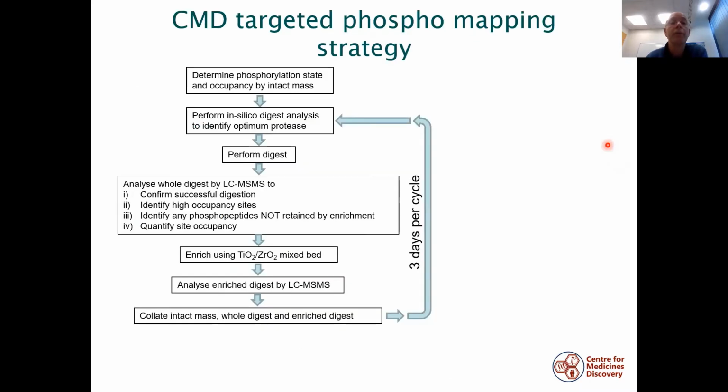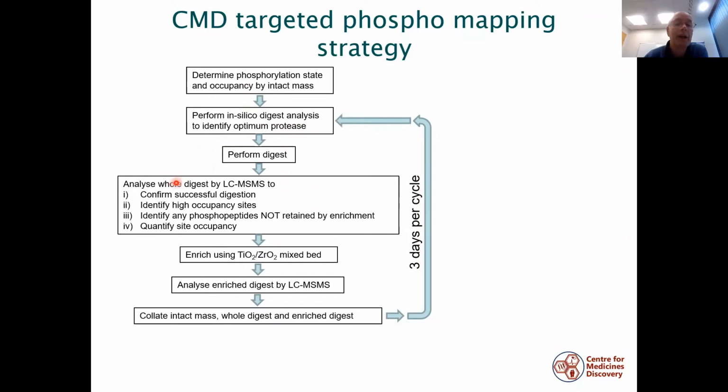Sometimes they are not. So this is our Centre for Medicines Discovery targeted phosphomapping strategy. We begin by determining the phosphorylation state and the phosphorylation occupancy, and we do that by intact mass. The next thing that we do is perform an in silico digest, and the purpose of this is to identify the optimum protease. You can use trypsin, but there may be reasons, and you will be able to see this, why trypsin may not necessarily cut where you need it to give you the coverage where you need it. So you perform the digest,